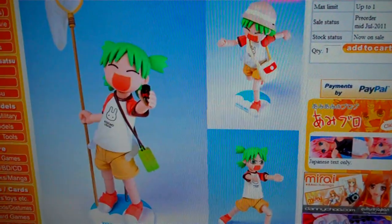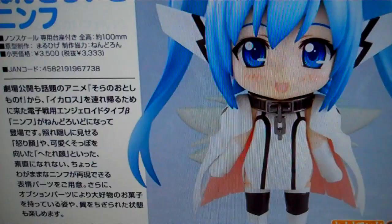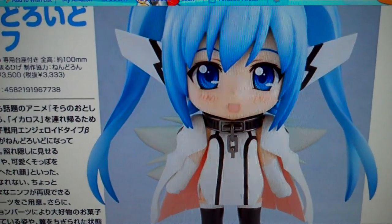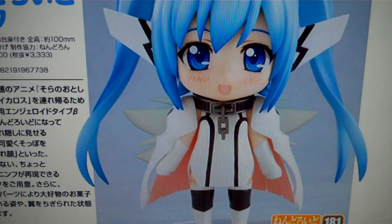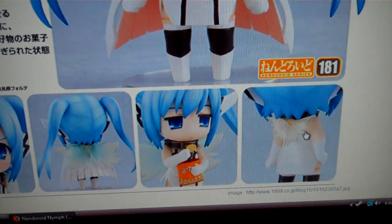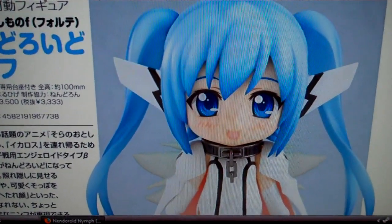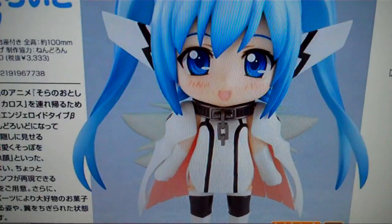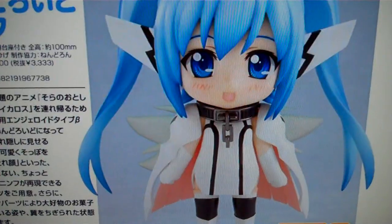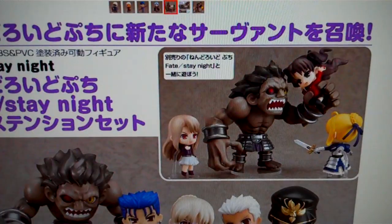And moving on, Nendoroid Nymph from Sora no Otoshimono. Same line as the Ikaros Nendoroid from a few weeks back. Comes with a bag of potato chips and some cut off wings and stuff. This one didn't really grab me as much as the Ikaros did, so I'm probably not going to pick this one up, but you know, it looks nice. It just doesn't really grab me. But anyways,